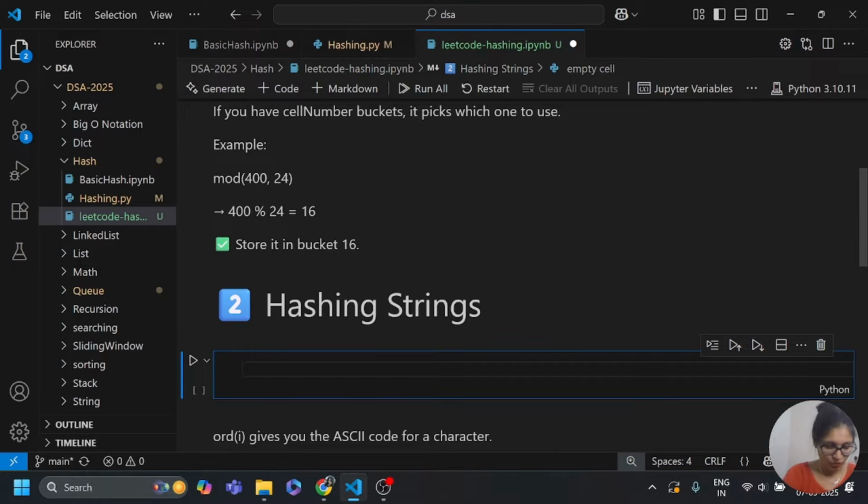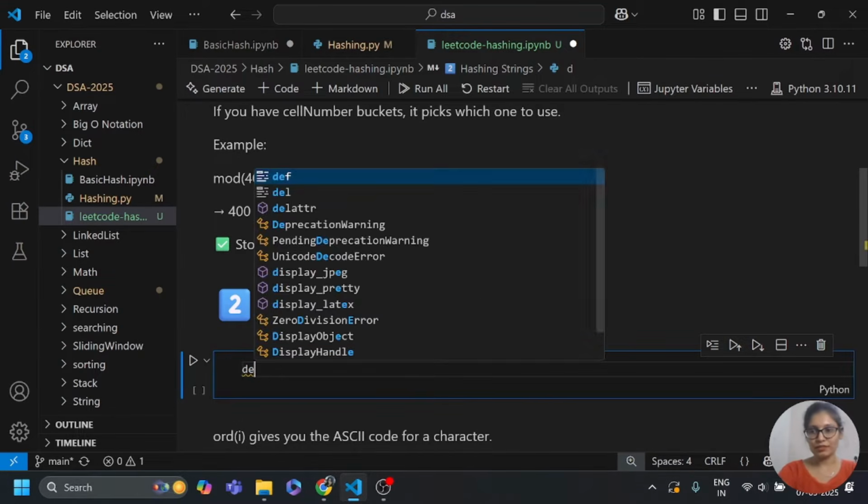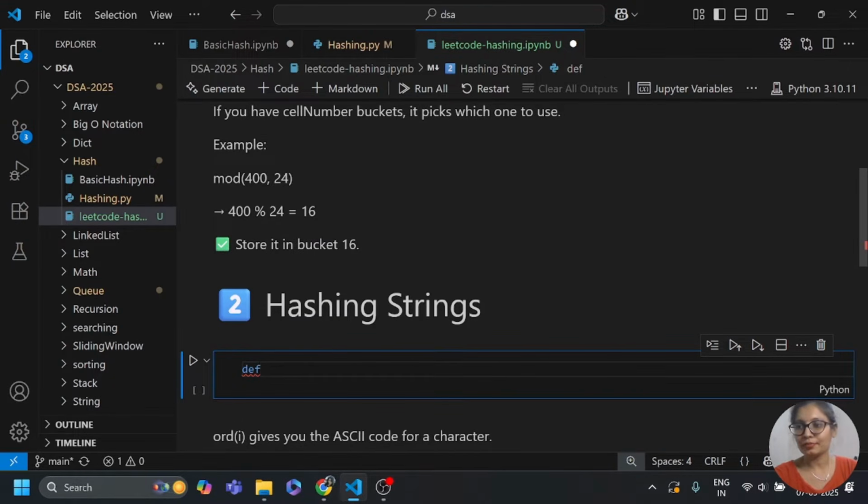So okay, here I am going to define one function, def mode ASCII. Here I am going to pass arguments string comma cell number.